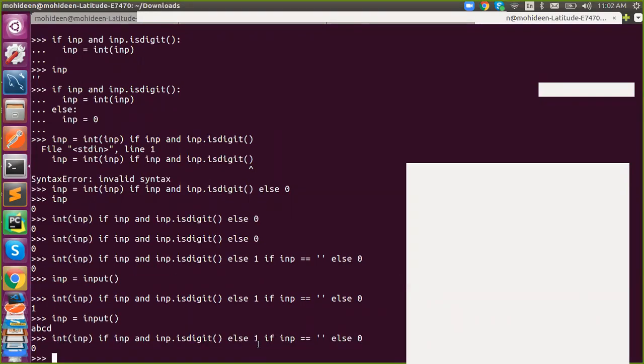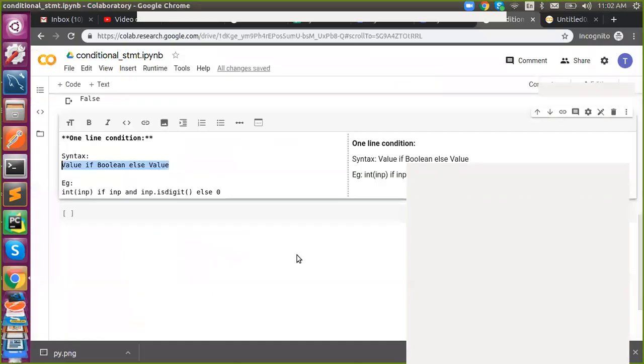Understand? So if you have more than one condition, you need to expand it by else return value, value again if condition else value again. Just include the if part alone. Repeat this. There is no elif syntax in the single line if condition. Just include another if condition. That's it. Understand? So it will look like this.